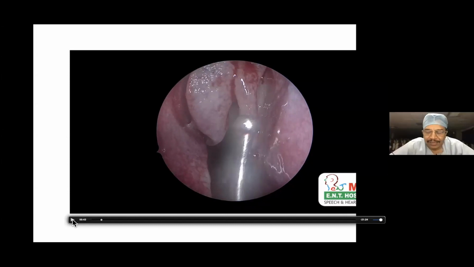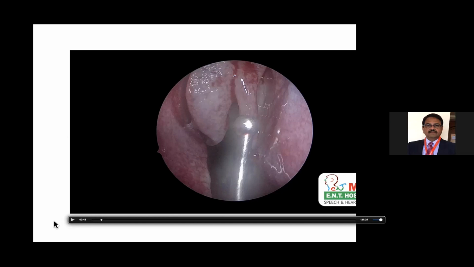The most important thing here, after making the 2 cuts, is to use the ball probe to feel the lamina papyracea. Important safety point. The first time, the anterior most part of the lamina papyracea is in the infundibulum, which I have felt. Once I know where the lamina papyracea is in the anterior most part, that gives me a guide to the entire length of the lamina papyracea. Very important point to be noted, junior colleagues.